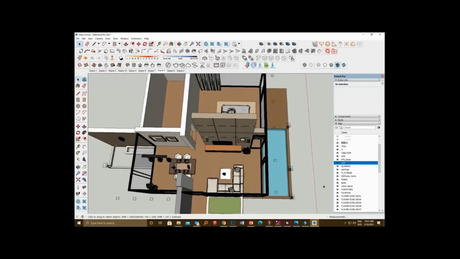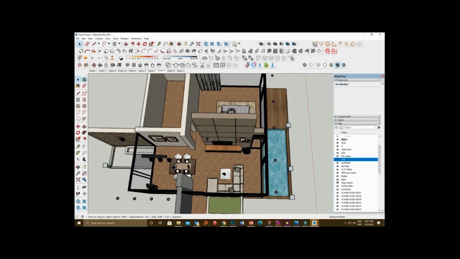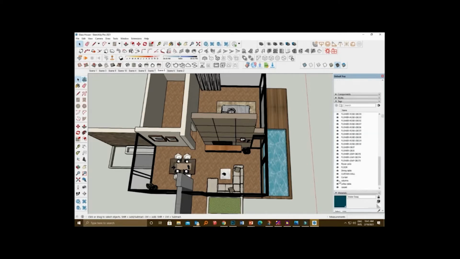See, now in the interior also, I have a number of furnitures, and for each furniture I have given different tag names. So suppose I want to manage all the furnitures together, again, we can group them into a new tag folder, and then we can manage all the furnitures together. Here, this is another way to create a new tag folder. So here, I'm selecting all the furnitures individually.